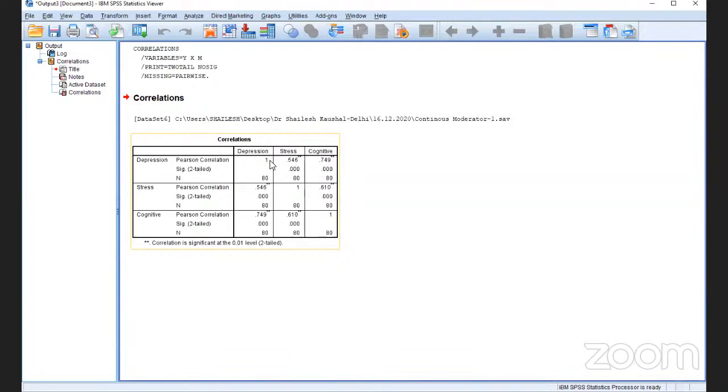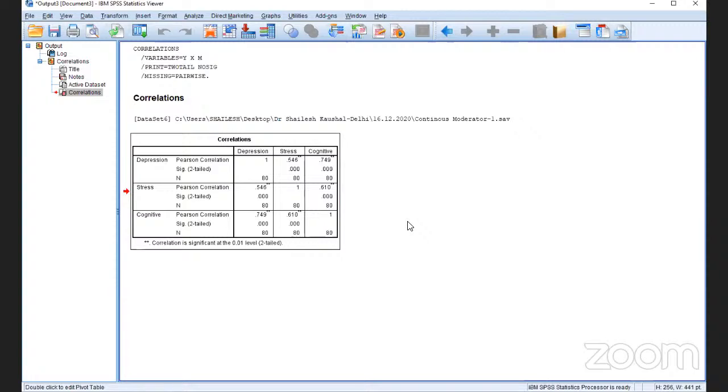Depression with stress, there is a positive correlation 0.4546, and depression and negative cognition, again there is a positive correlation 0.794. Okay, and all the correlations are significant. You can see the stars. Okay, so there is a significant relationship. Now